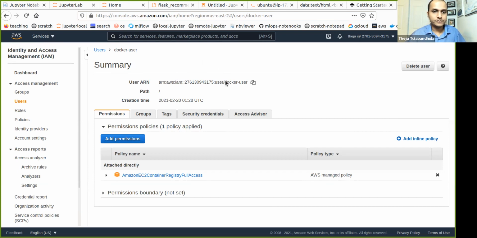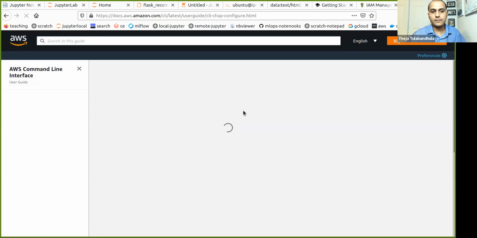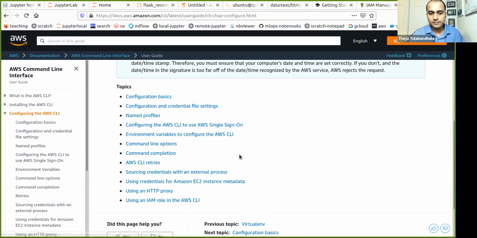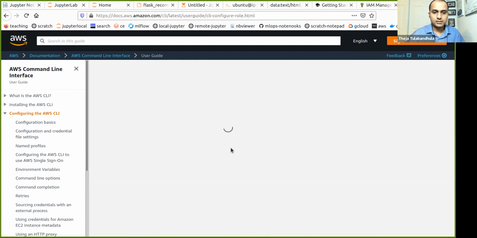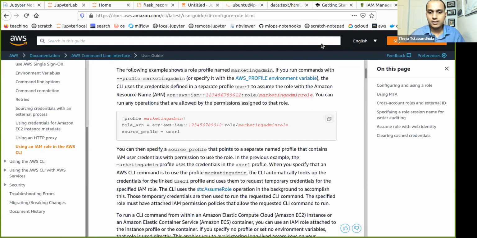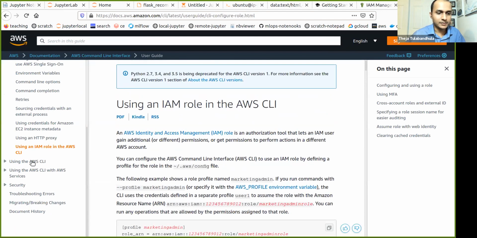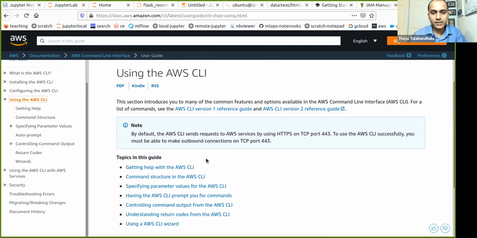We'll just follow the instructions here. Okay, so it says, how do I configure AWS CLI? Actually, you don't need all this complicated stuff. Let's say using the AWS CLI, there's a command called AWS configure that you can use. So let me just show that to you.